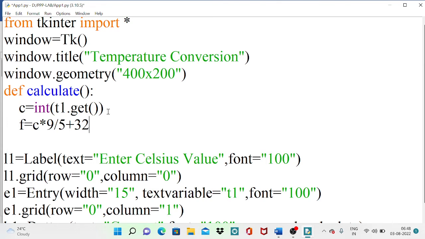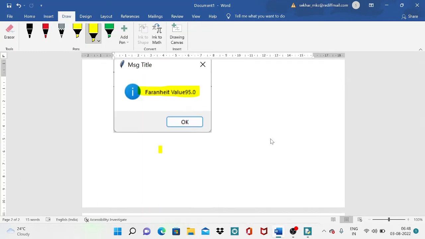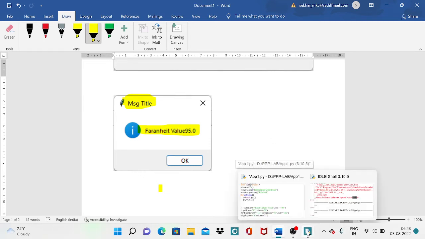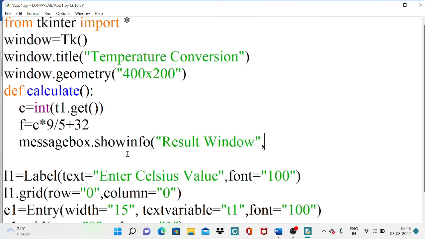Now the result is generated. Now we need to display this result to the end user. So how are we going to display? We have a separate window box. A separate box is created here, if you observe, like this. How can we get a small pop-up box like this? There is a message box. Message box dot showinfo. Here we need to specify some title. This is result window. That message box also has a title position. On the title bar this one will be displayed, and after that we are displaying